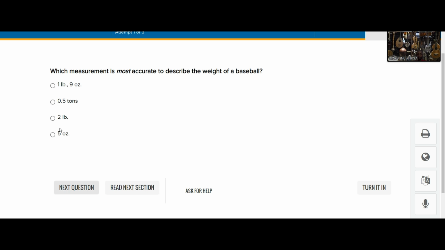Then, which measurement is most accurate to describe the weight of a baseball? Can a baseball be measured in pounds or ounces? Let's see. Which option do you think that should be? In ounces. It can't be in tons. Okay, it's not up to pounds, so